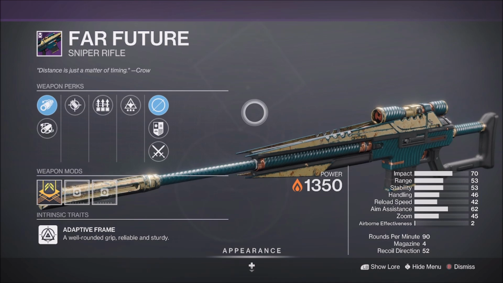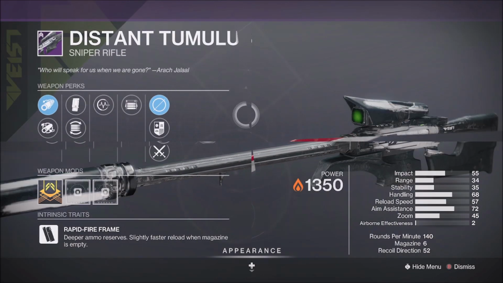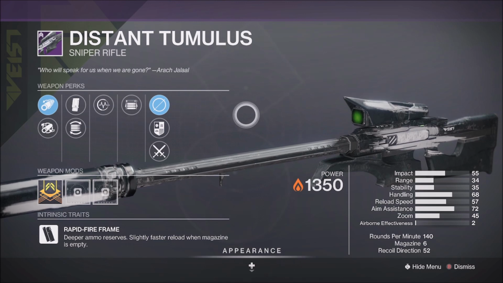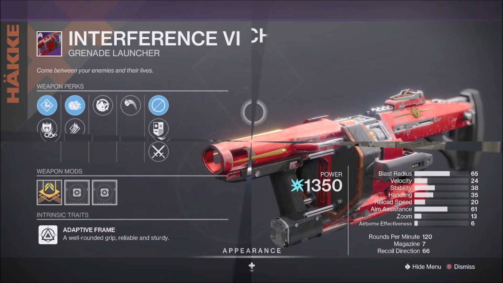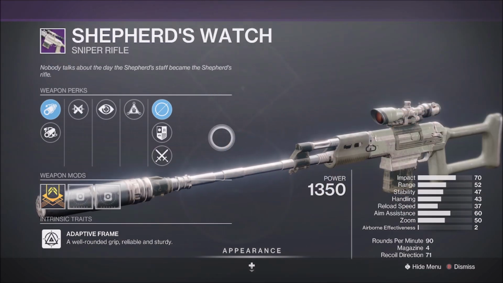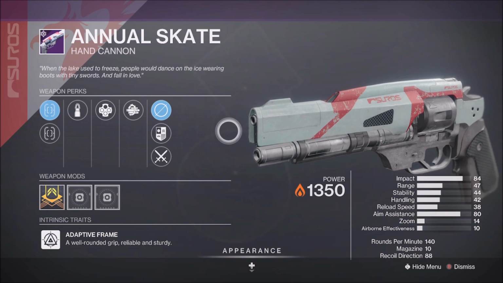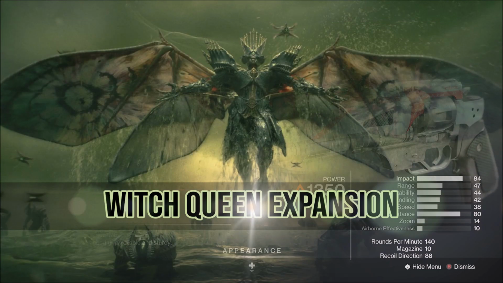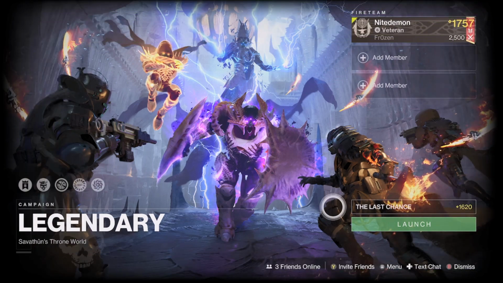Far Future, the Arc Adaptive Frame Sword Honor's Edge, the Solar Rapid Fire Frame Sniper Rifle Distant Tumulus, the Arc Adaptive Frame Grenade Launcher Interference 6, the Kinetic Adaptive Frame Sniper Rifle Shepherd's Watch, and the Solar Adaptive Frame Hand Cannon Annual Skate. For the Witch Queen expansion, the Witch Queen weekly story mission is The Last Chance, where the